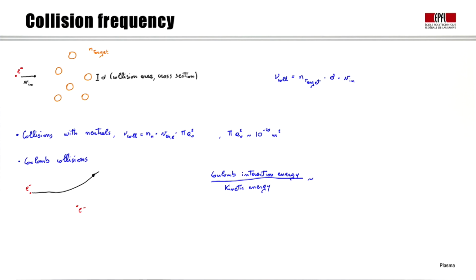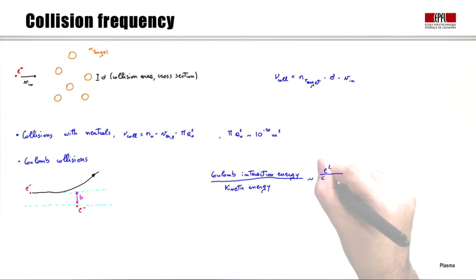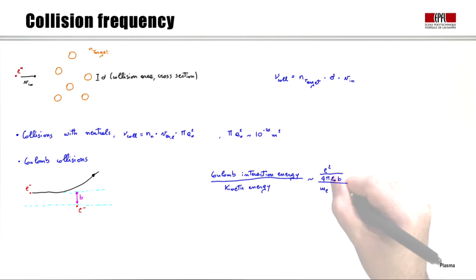Well, we can introduce the impact parameter, basically the distance of closest approach that we will denote with b, if the particle was continuing unperturbed along its unperturbed trajectory. Therefore the Coulomb interaction energy will be given by e squared divided by 4 pi epsilon 0 b, and the kinetic energy will be of the order of m_e v thermal e squared, from which